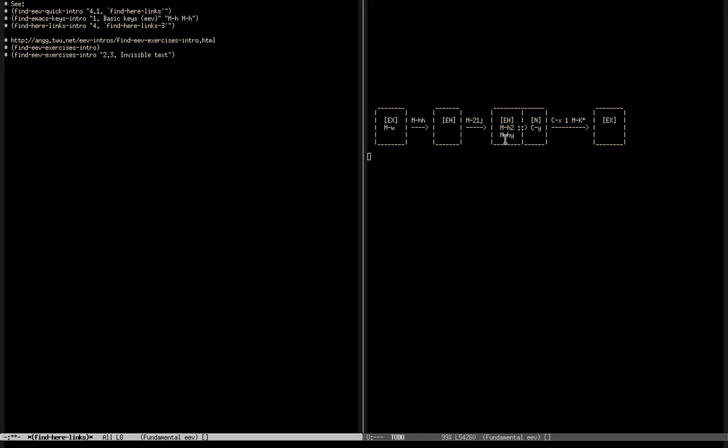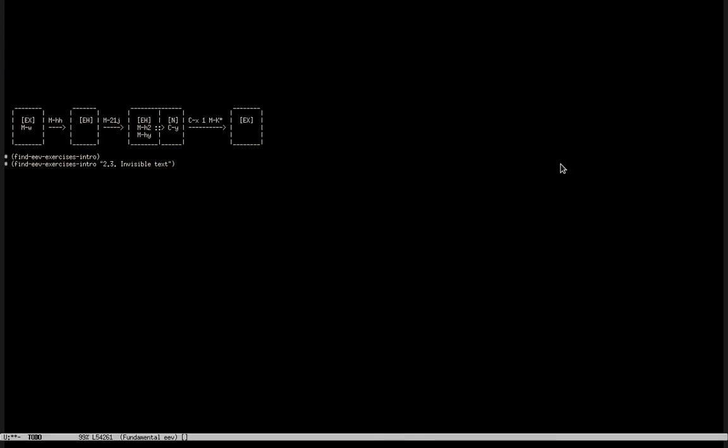And then there's something that I've omitted here, which is a meta w to copy these things to the kill ring. But I forgot to omit the Ctrl Y here. So let me copy this thing. And then Ctrl Y to copy these links to my notes. And that's it. I got the links, the link to the title of that section, in my notes. And then the instructions say use Ctrl X 1 and then a series of meta uppercase K to go back to the buffer with